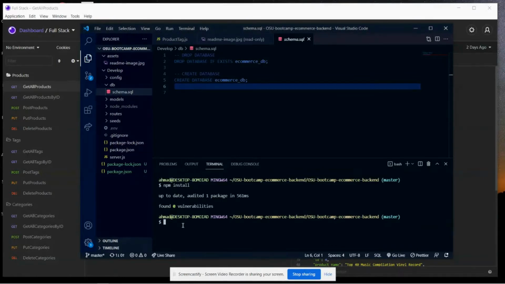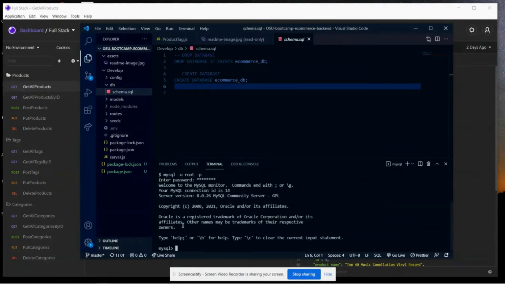going to go ahead and do mysql -u root -p, and then I'm going to type in my password. And then there you go. So it's already installed. And then next thing I'm going to do is type source